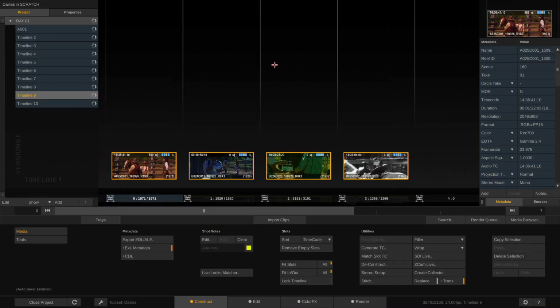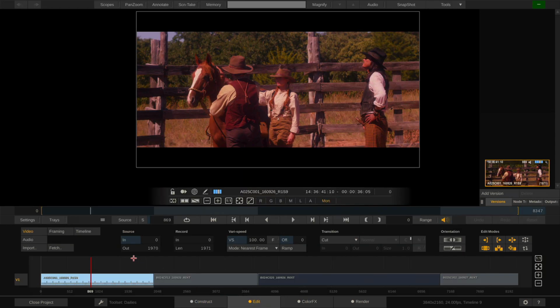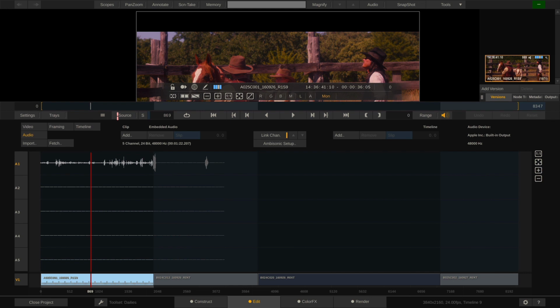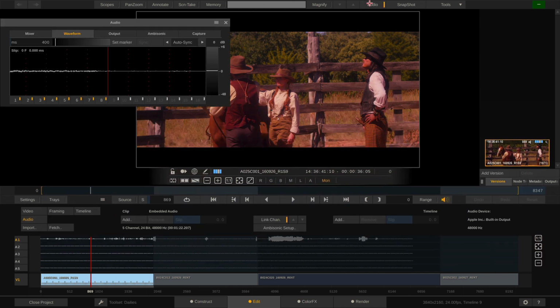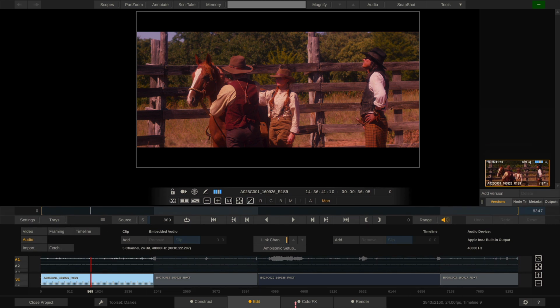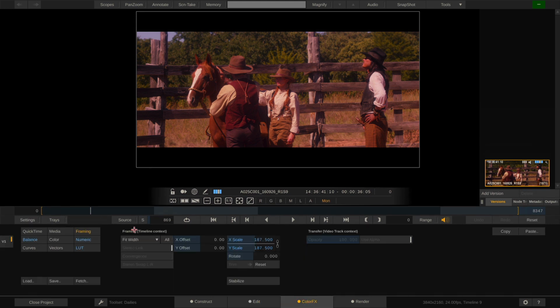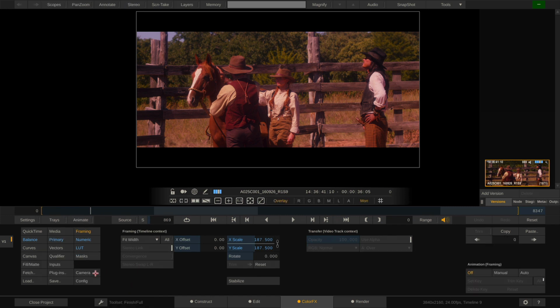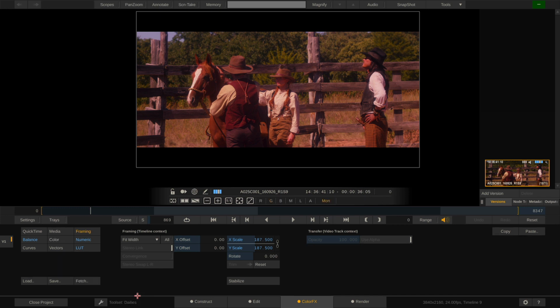Where are we? Okay, we also did metadata QC with scene and take checking. Next would be Dailies grading. Okay, I won't spend too much time on that, but as you know, the edit tab is first and foremost for audio syncing in conjunction with the audio panel up here, and the color effects tab is obviously for grading. Now, depending on what toolset you have selected here, you might get all the options in Scratch, including keys and masks and whatnot. I'll refrain from showing you all of these tools and just go to the Dailies